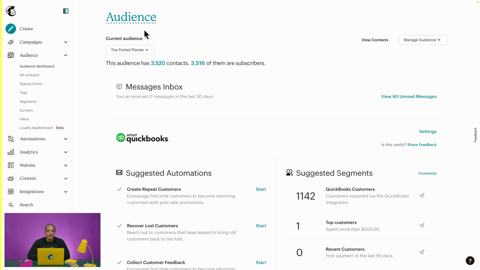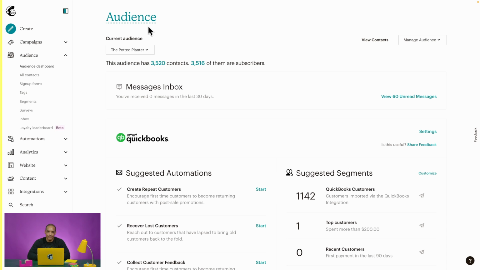When we say audience, we mean a place for you to collect and manage your contacts in Mailchimp. And a contact is someone whose email is stored in your audience. The foundation of great marketing is a clean, up-to-date record of your contacts. Whether you're starting from scratch or bringing existing contacts into Mailchimp, your audience is where you'll store and manage all